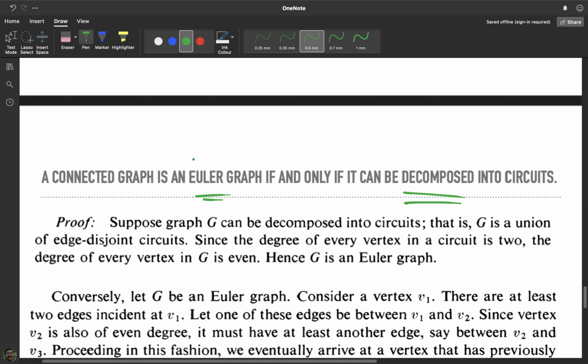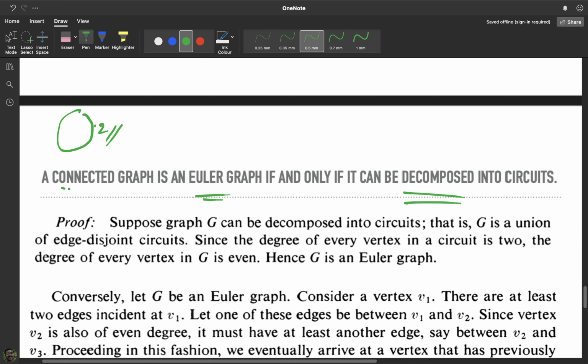Okay, an Euler graph is a graph which contains an Euler line, that means a walk which contains all the edges of the given graph. And a circuit also, I hope you know what a circuit is. It's basically a closed path where there is no repetition of edges. So you also know that the degree of every vertex in a circuit is 2. So these are the concepts of circuits which we have discussed in earlier classes. Okay, so let's try to prove this result.